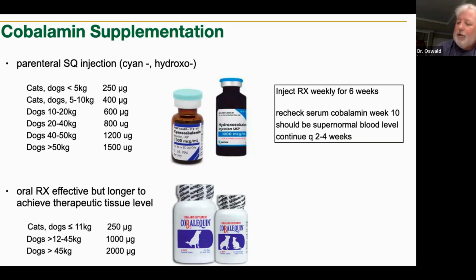basically, after your 6 weeks of injections are done, you would stop for a month, and on week 10, you would recheck your serum cobalamin level. And if you have basically found a reason for GI disease and resolved that, and your cobalamin level is still in the upper end of the normal range or above normal, that tells you you have been successful in your